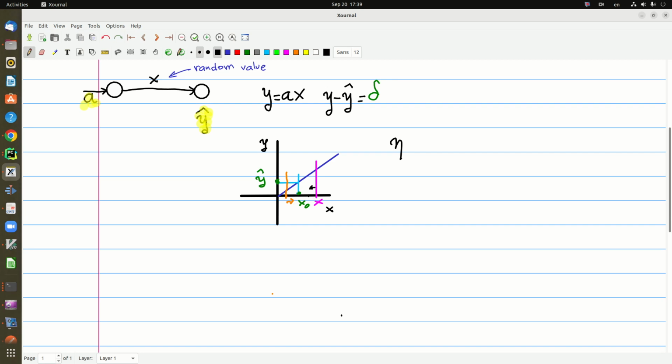In other words, the new x is going to be the old x minus h. Since h can be either positive or negative,